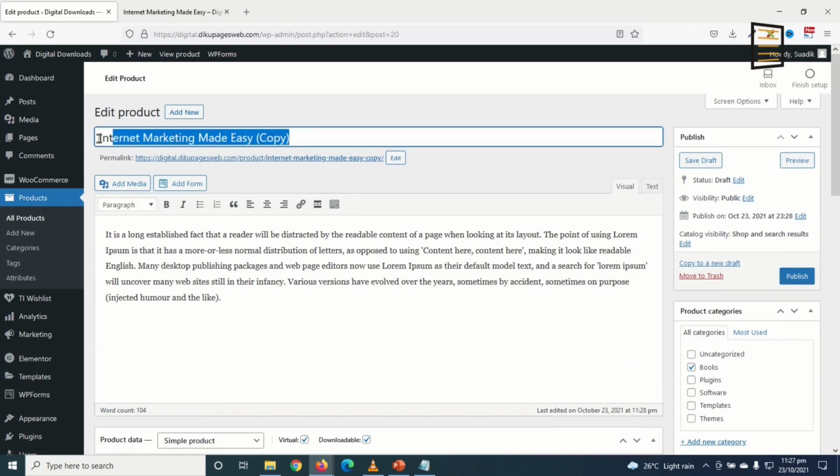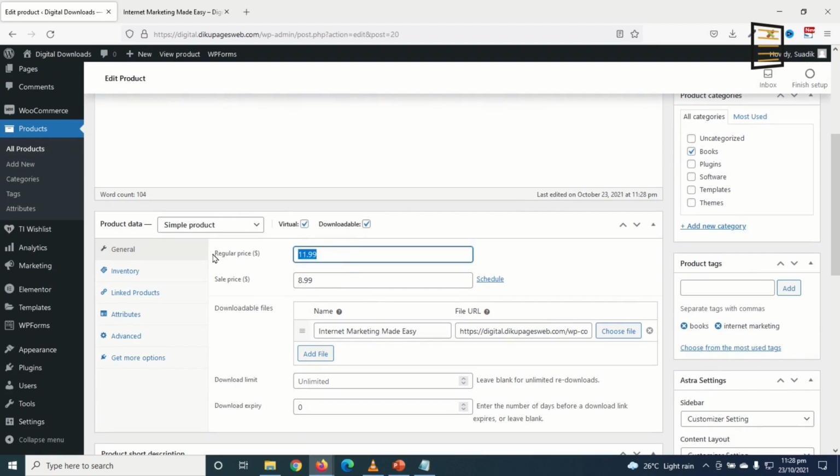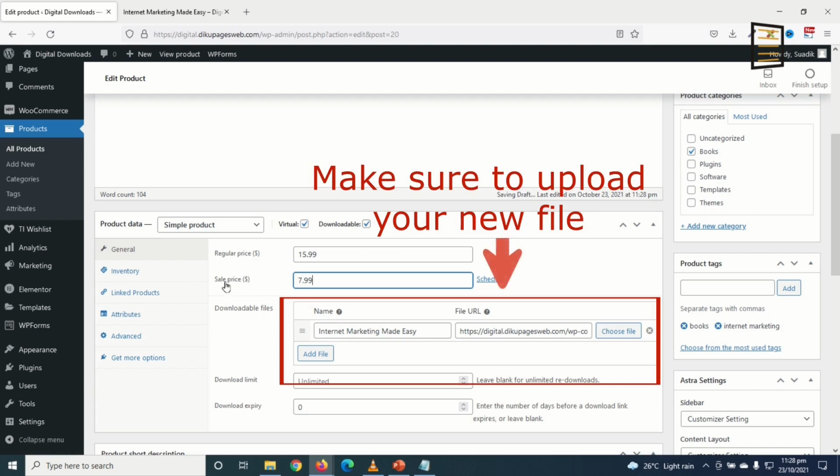Meanwhile, this is not the product I want. So I'll go ahead and enter the name of my new product, car listing website template. This particular product is a template that my users can buy and use on their car listing website. That is, if they want to make a website for listing cars. So I'll leave the product description, product data. It will be virtual as well as downloadable. Then I will change the price, which is $15 or 15.99, and the sale price is 7.99. It's not mandatory to always have the sale price.